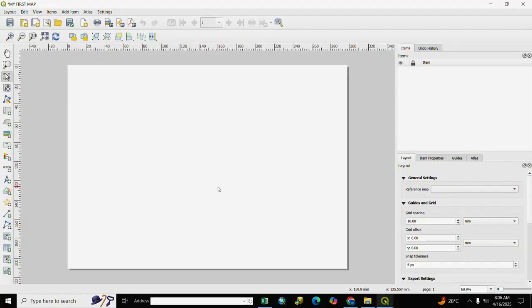Here is our layout manager. We insert a map. For insert map, we go to add map. We click here add map, and we drag corner first to last.